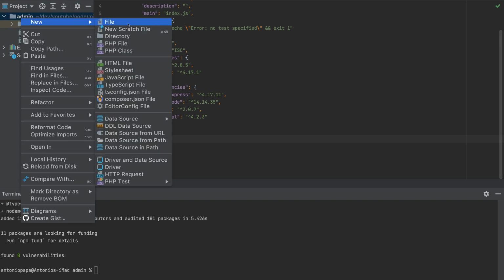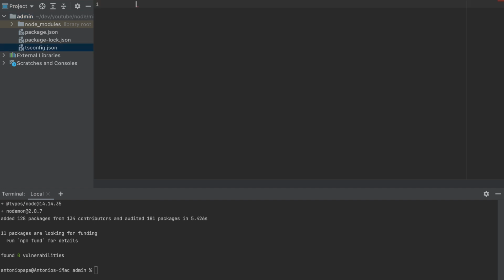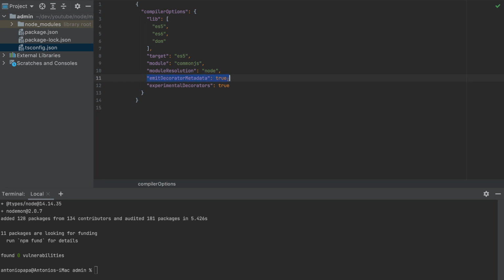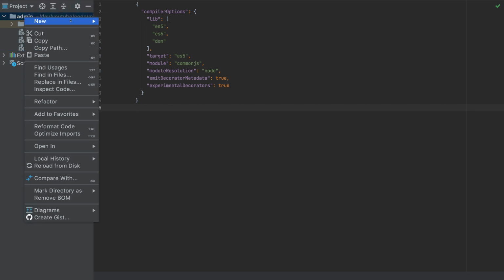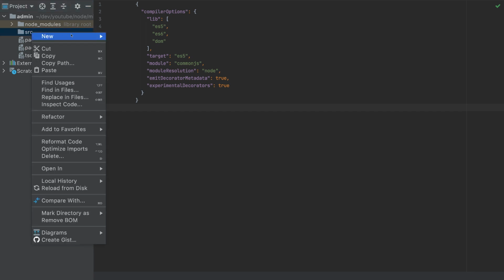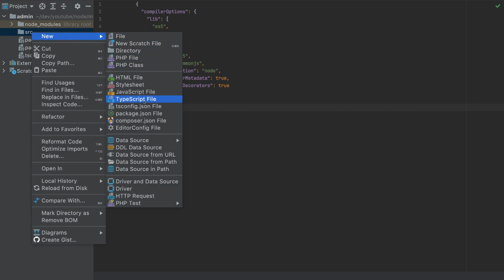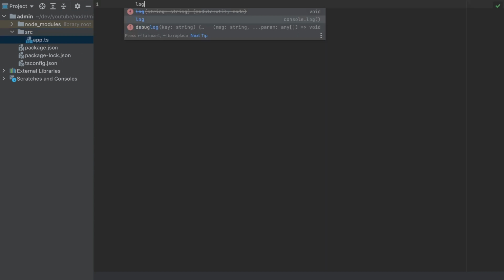Now I will create a file called tsconfig.json. Here I will paste this tsconfig. We need these decorators and metadata and experimental decorators because we will use TypeORM. So I'll create here a folder called src, and inside I will create a TypeScript file called index.ts. For the moment, I will just console log hello,